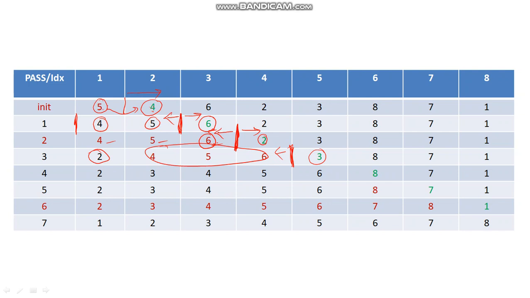This is sorted, this is unsorted. The left hand side is the sorted part, the right hand side is the unsorted part. Now 3 will be checked for the appropriate location and 3 will be placed here. So only those elements will be shifted which are larger than the new incoming key. It continues for 8 different passes and you will get the sorted array.